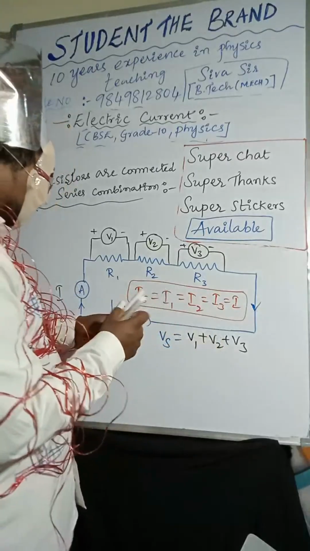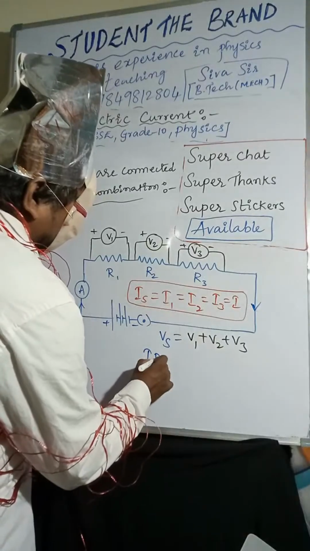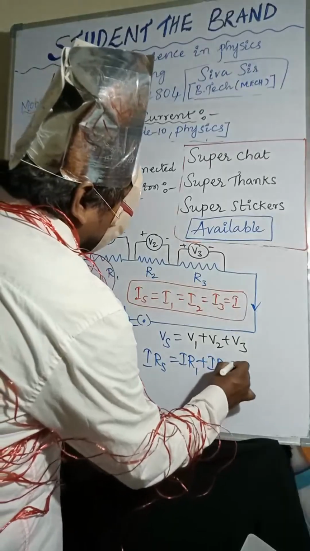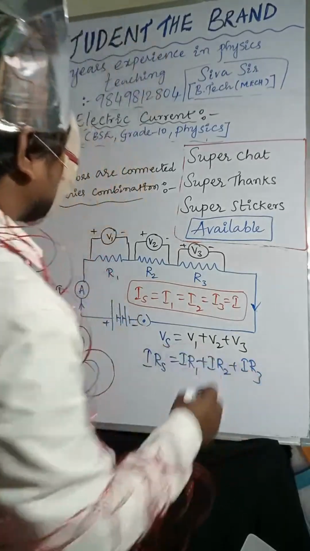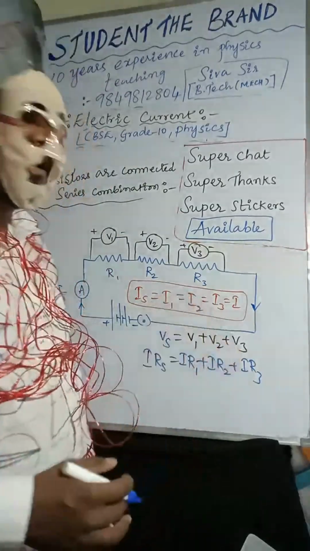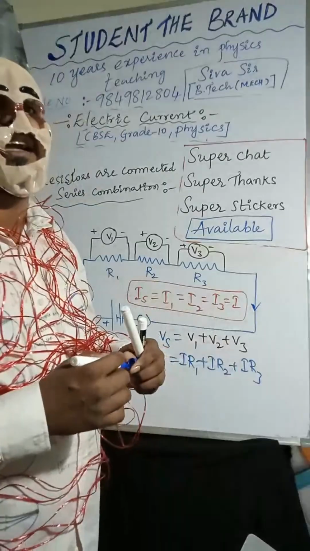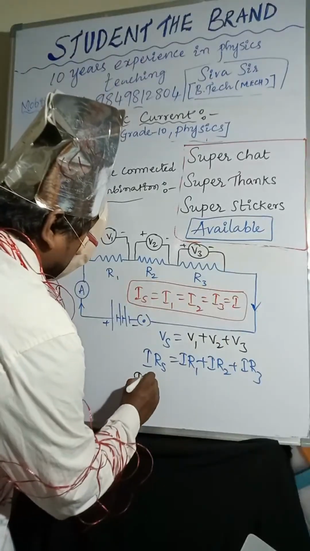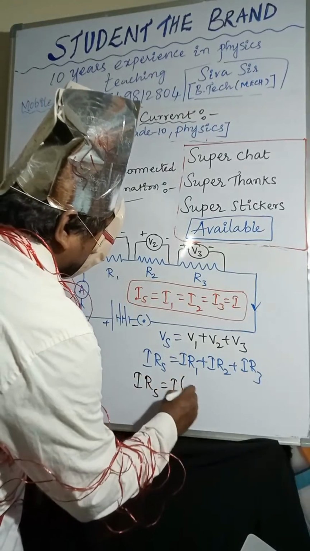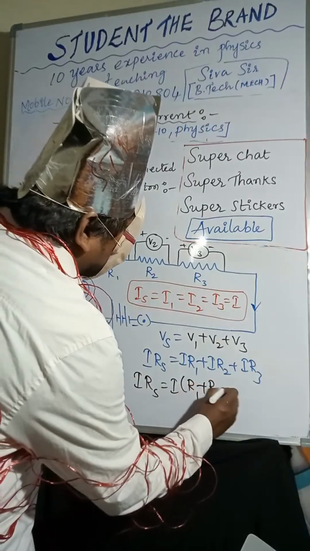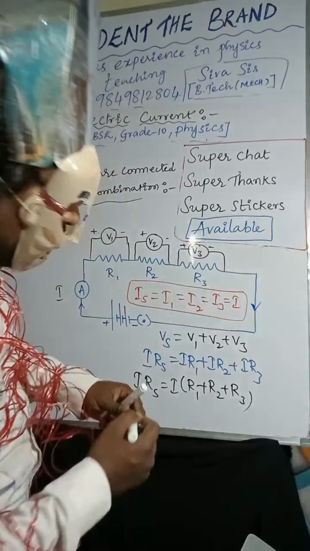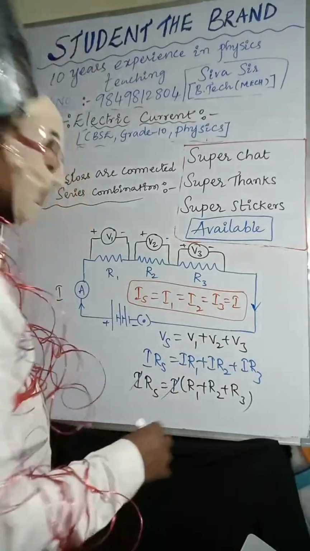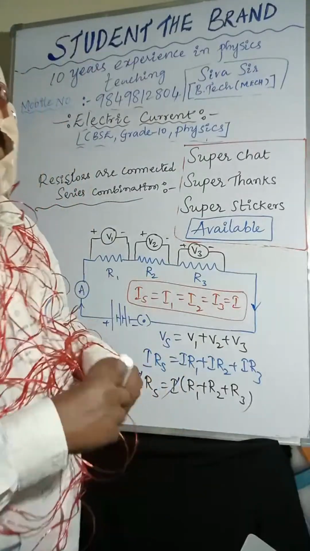Then IRs equal to IR1 plus IR2 plus IR3. So I am taking I common. If you are taking I common, then R1 plus R2 plus R3 remains. So I gets cancelled on both sides, and the remaining values are